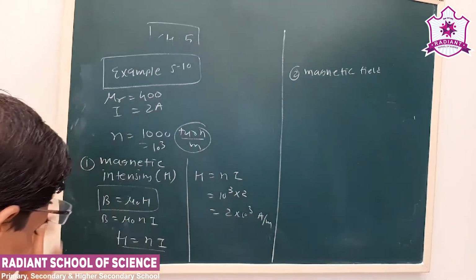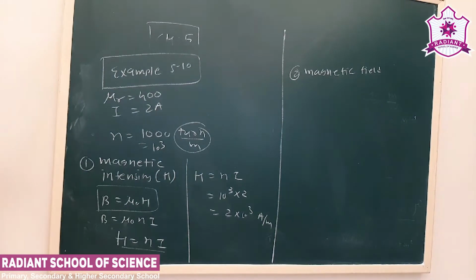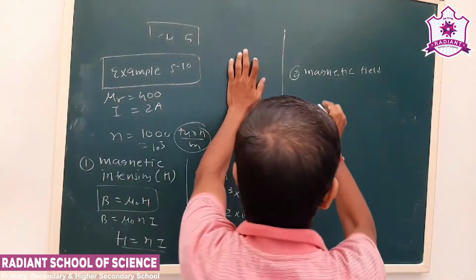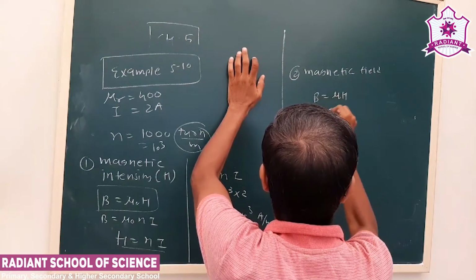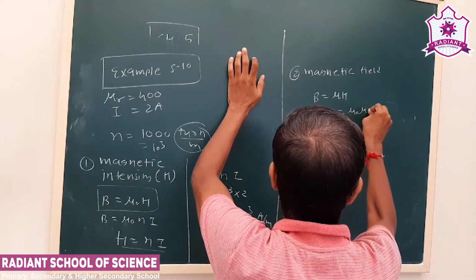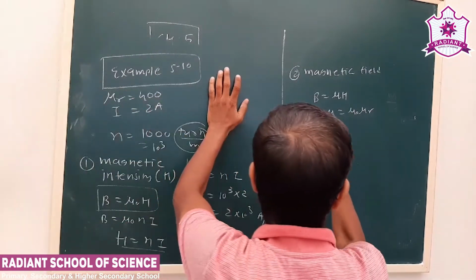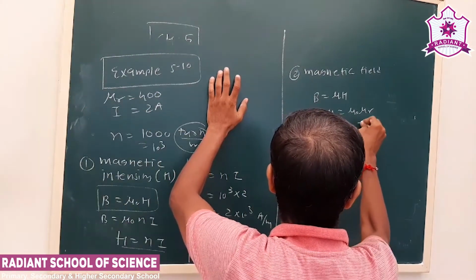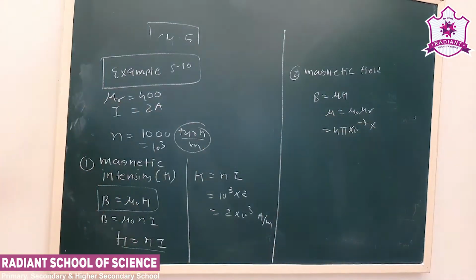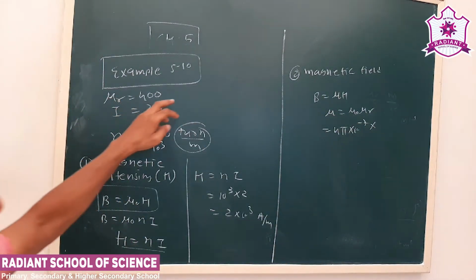See here, air is not the medium. So we have to use B is equal to mu H. Now mu is mu 0 mu r, that we have seen in the theory part. The mu 0 value is known to us, 4 pi into 10⁻⁷. The mu r value is given as 400